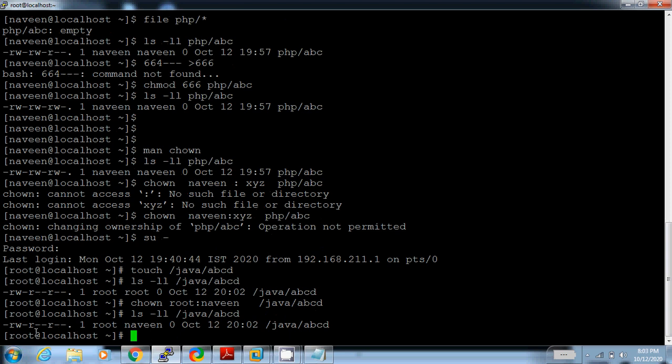Yeah, now file owner is root and group is Naveen. Now check, group has been changed.